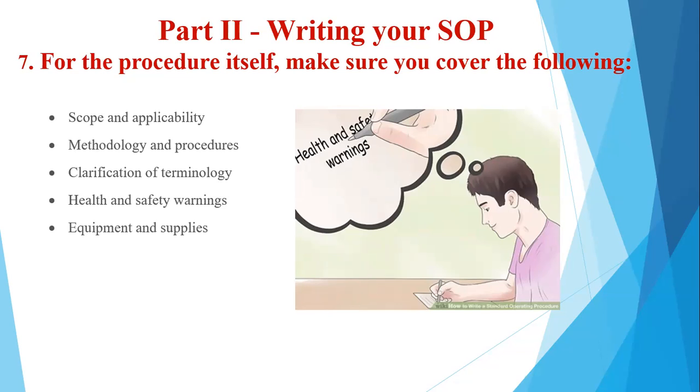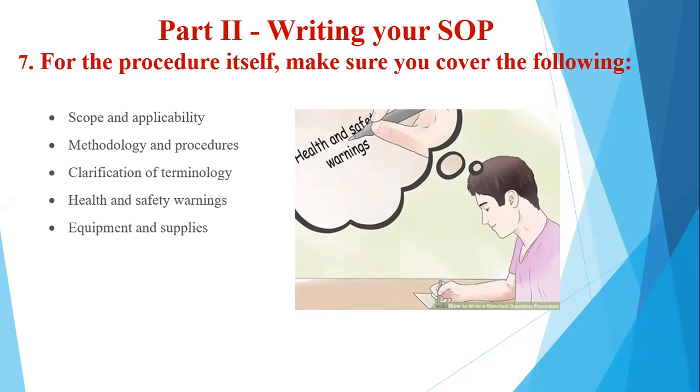Then we come to health and safety warnings. These are to be listed in their own section and alongside the steps where it is an issue. So in case any of the steps requires certain safety warnings to be taken care of, then next to the process itself you should have those, to see to it that they can be implemented. Okay, so you cannot just put these health and safety warnings wherever you would like to put them. No, it has to be with reference to the processes that you are referring to. Only then will it be taken care of.